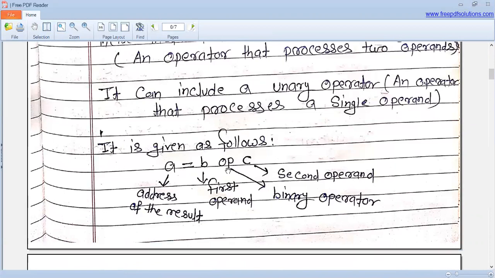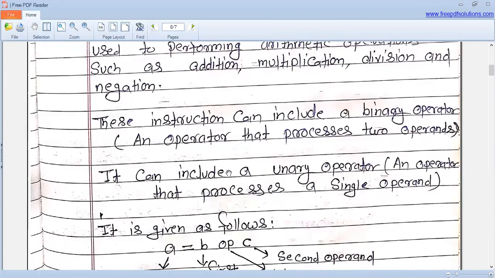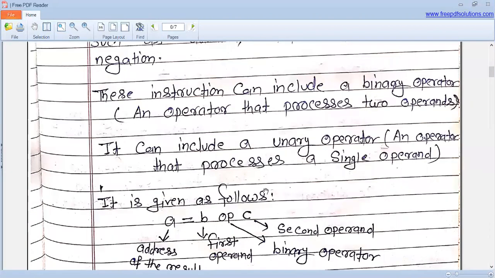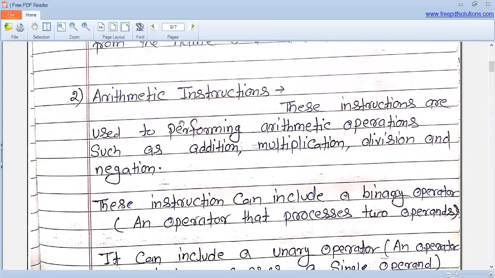Here OP can be addition, subtraction, multiplication, or negation. So this three address code represents the arithmetic instruction.